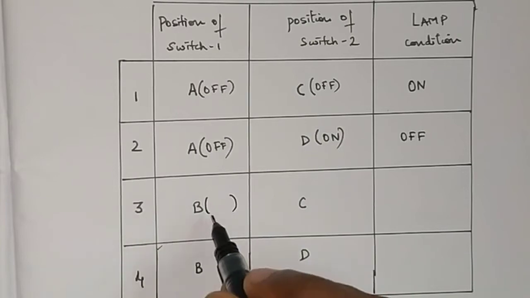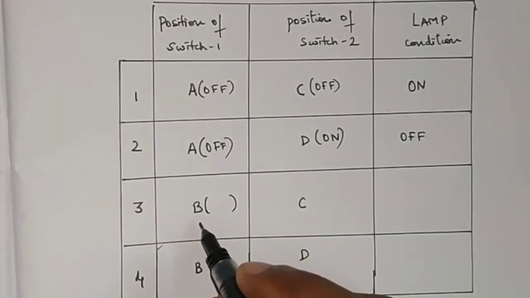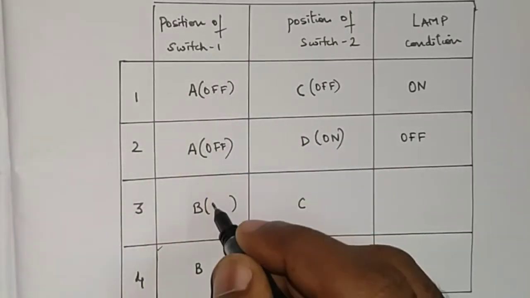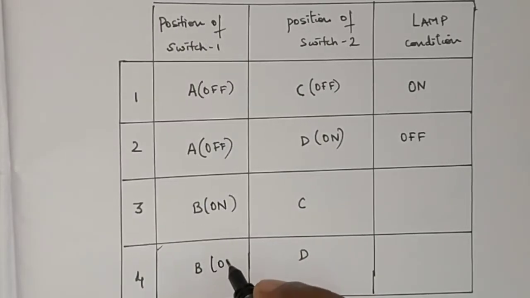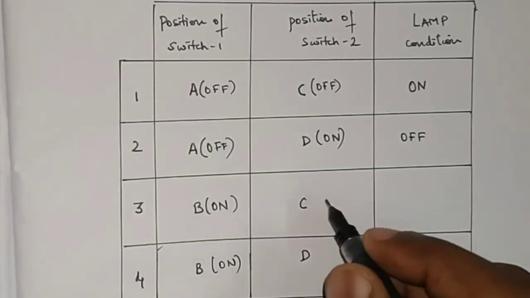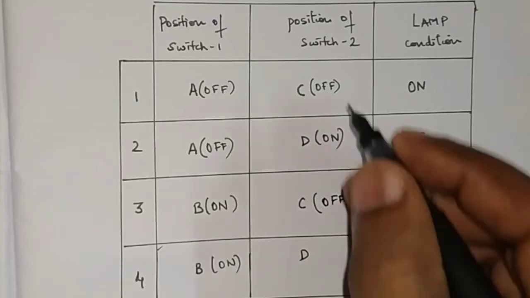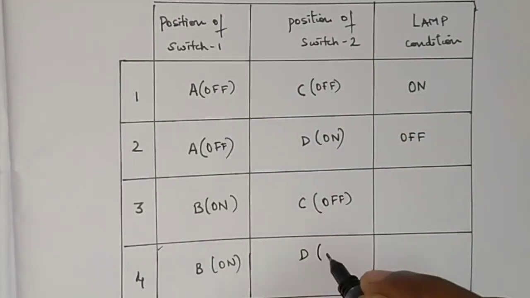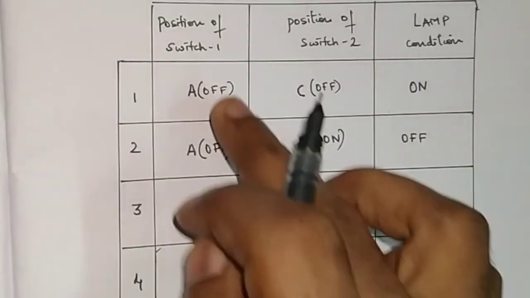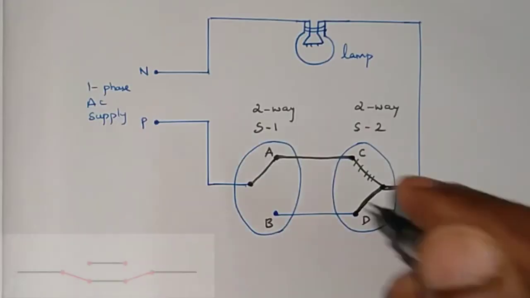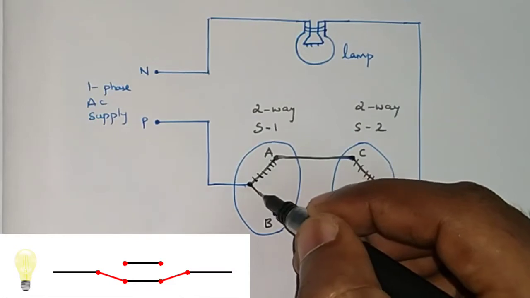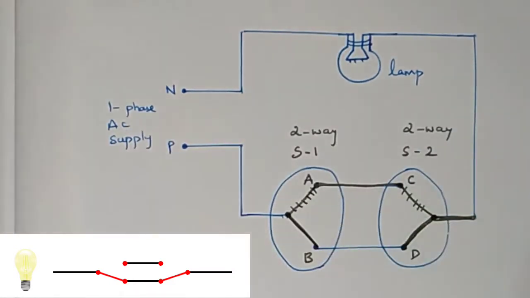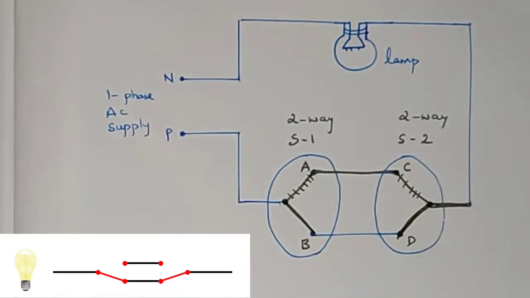So now the third case, when switch number 1 is in B position, so B is nothing but, now A is off, it means B will be on. So I'll write inside the bracket as on. Now C is nothing but off. When the switch is at C position, your condition of switch will be off, and D is also on. When switch number 1 is on, that is in B position. Now we'll see when this switch is in B position and switch number 2 is in D position, that is